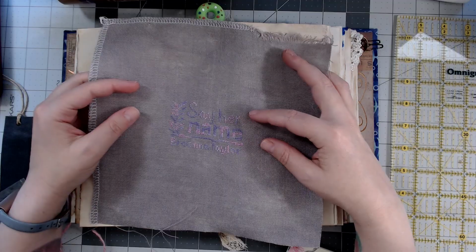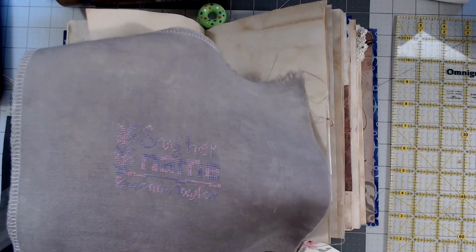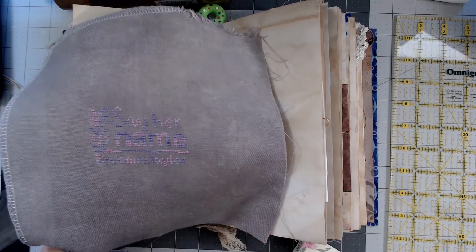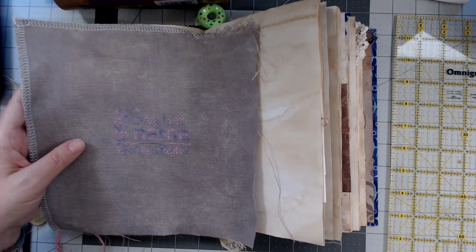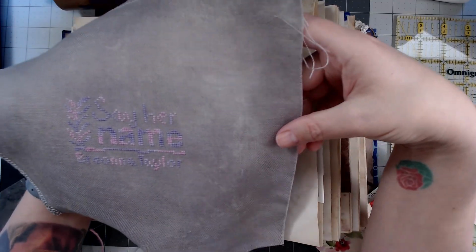Today I'm going to finish my Say Her Name. This is by Abby Topknot. Say Her Name, Breonna Taylor. It's just not showing up well in the camera to me, but I can really read it in the daylight. What I did to prep this fabric, this is on 36 count Lakeside linen,